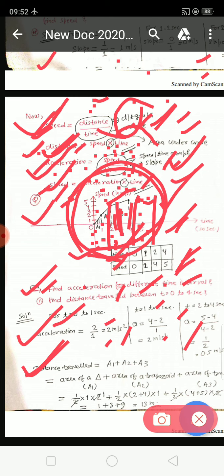I will stop my lecture here today and explain it in the next lecture. This is homework for you. Try to solve this question, find the acceleration, and find the distance traveled. I think it was very clear. I have sketched it a lot, so you can copy it in your notebook and try to solve the questions, and I will explain it in the next lectures. I will stop my lecture today.